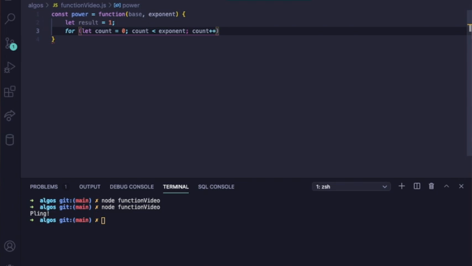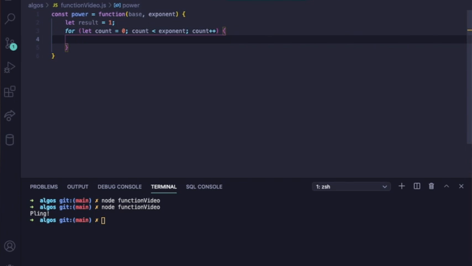So from there, as you can see, we're going to go into some other curly boys because we need to tell, oops, no, not yet, hold on. First, we're going to get out of those parentheses. Then we're going to go into our curly boys, and we're going to tell what we want our for loop to do. So we're going to take our result, which equals 1, and then we're going to multiply it